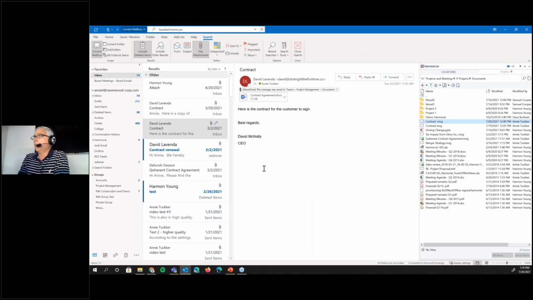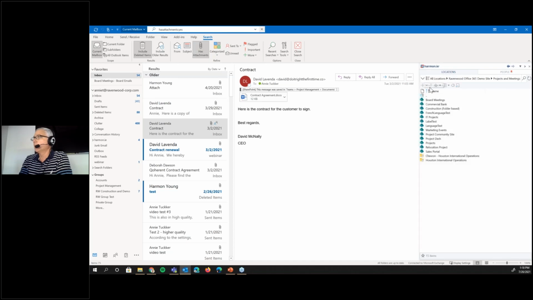And what you see in front of you is your Outlook window. All of you are familiar with the Outlook window. And what you'll notice on the right side of the screen is the Harmony window. This is the Harmony sidebar. And what the Harmony sidebar includes, let's go up to the top of this. You can see what you see when you start,